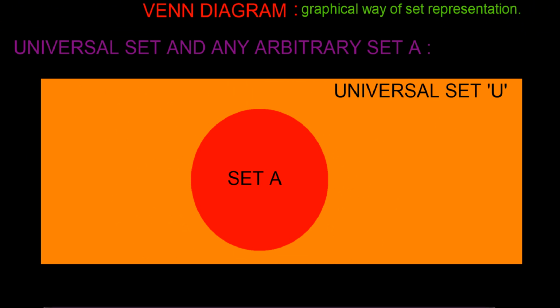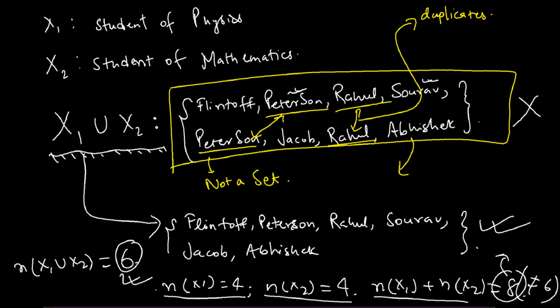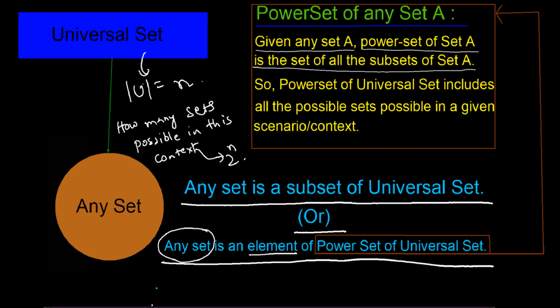So any set A, as you can see, any set is a subset of the universal set. So that's how you